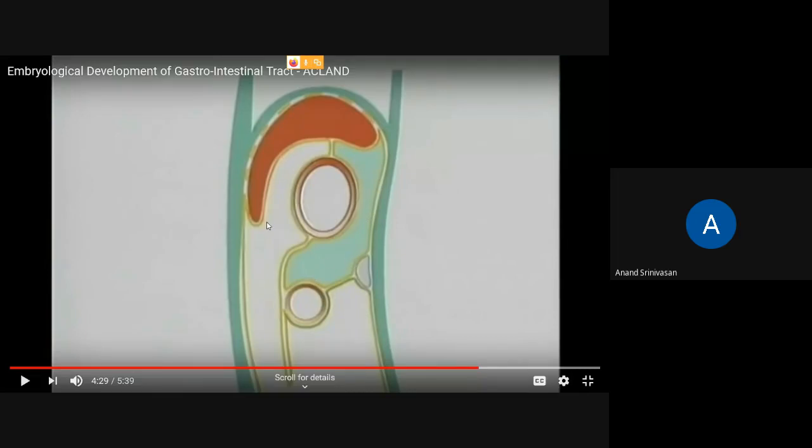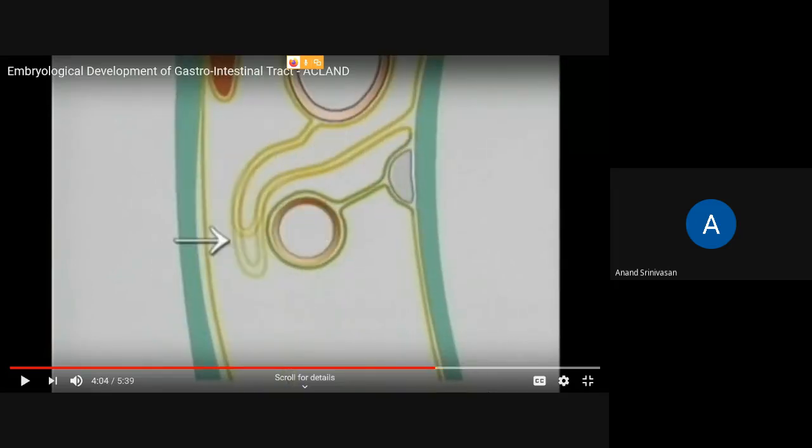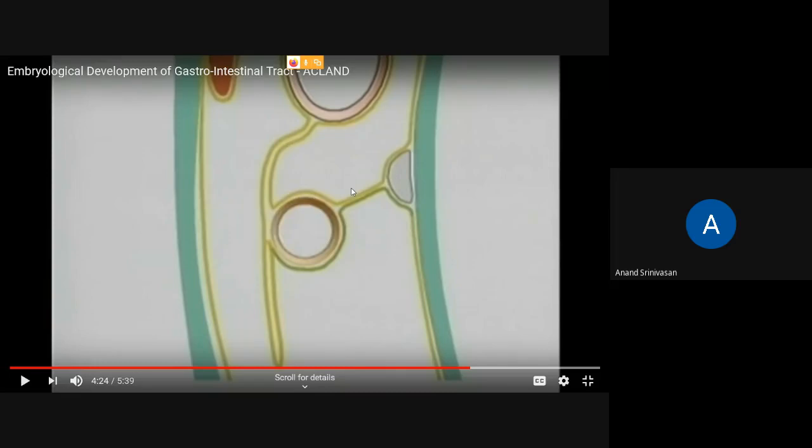Now why is this important? In a developing child, if you do an autopsy, you will be able to see the stomach and the greater omentum. If you lift the greater omentum, you can go above the transverse mesocolon. But as the child grows, it gets fused. So now if you lift the greater omentum, it will be just like a curtain